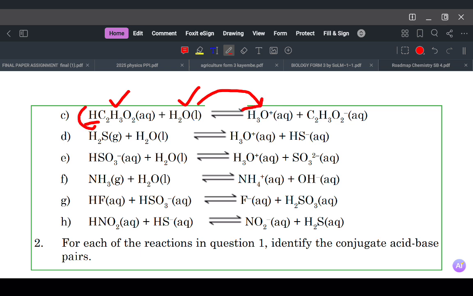So once this hydrogen is released or donated, the result is this species here, which does not have a hydrogen ion on it. Alright, therefore, the conjugate acid-base pairs for this particular one are going to be